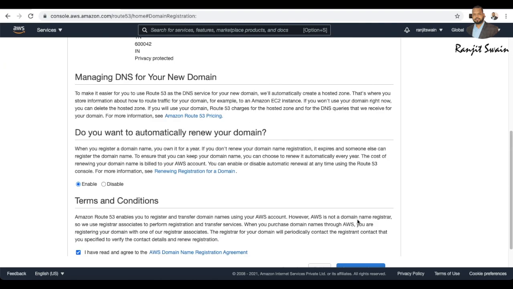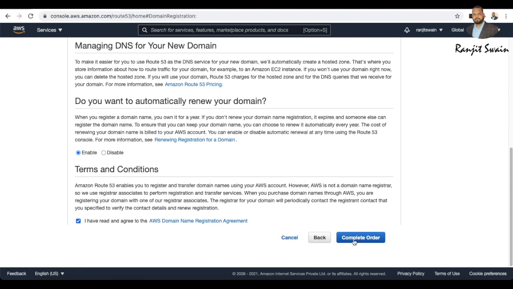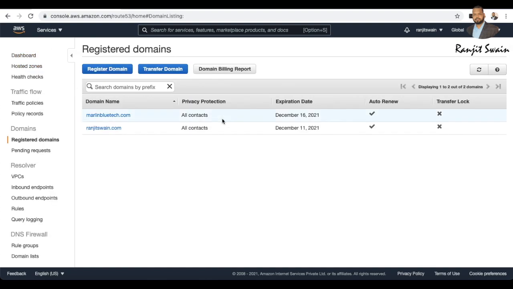As soon as you hit the complete order, it will take you to the payment page. There you can make the payment and get your domain registered. It will take a few minutes to get your domain registered, because it has to be registered with the global registrar. So once you register your domain, what you have to do next is go to the hosted zone,